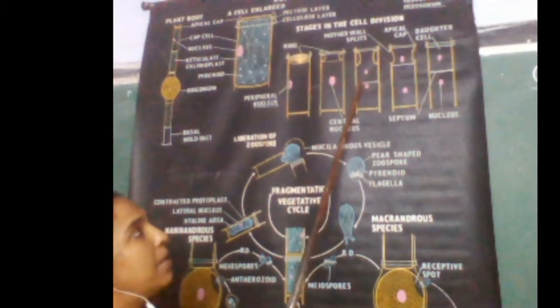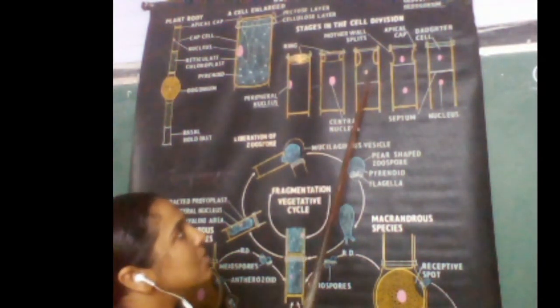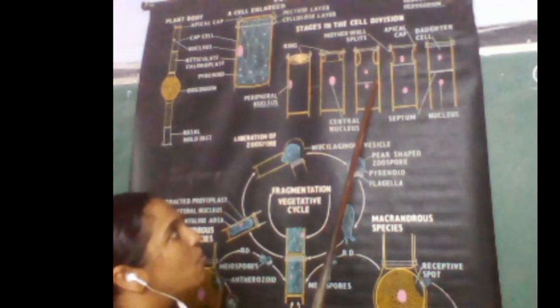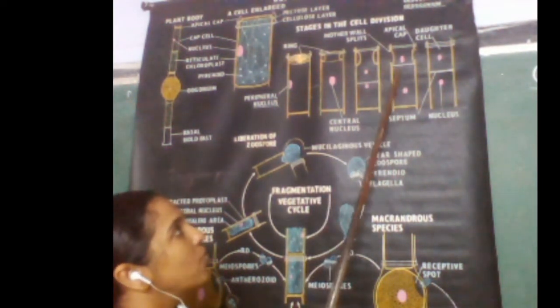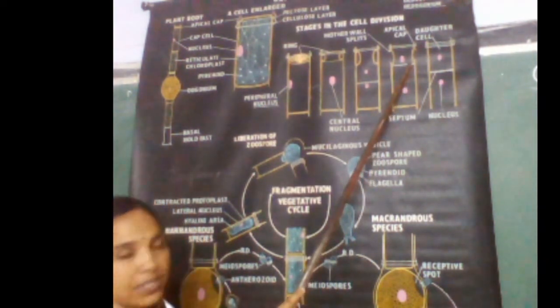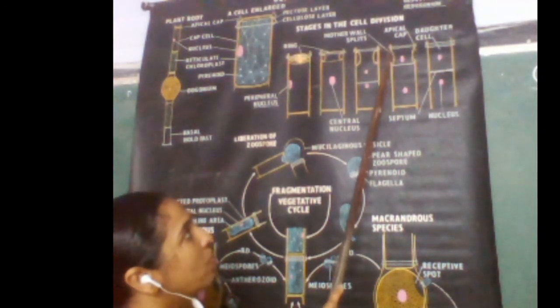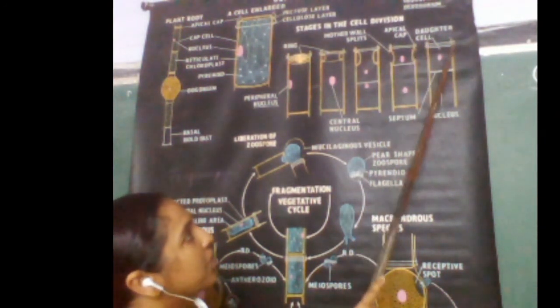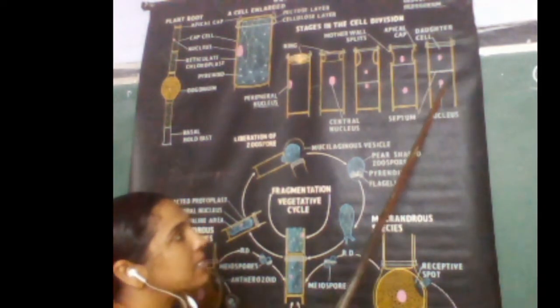At the same time a septum is formed between the two nuclei, and this nuclei along with the septum move upward to reach the junction of this ring like structure. So septa and the nucleus moved up to the ring like structure. Now what happens is, this will come closer to this region. This will move closer to this region and it will join like this. So this structure is here and that acts as the cap and two daughter cells are formed.